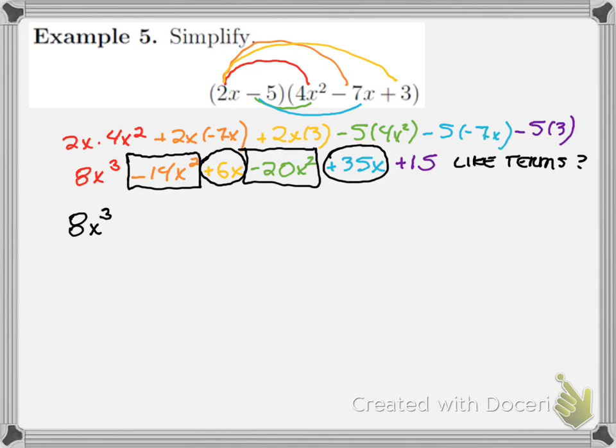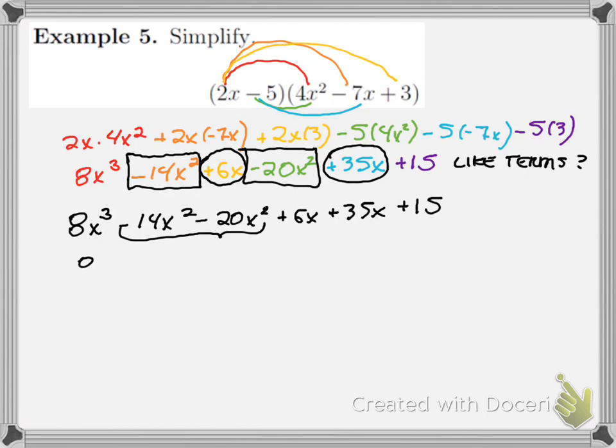So let's see if we can finish this up. We have a negative 14x squared and a negative 20x squared. I'll do this extra step. Again, you totally don't have to. It's really up to you. But if it helps you to first rewrite this, rearrange things before you combine like terms, then you can do that. It may very well prevent you from making needless sign errors. So, yeah. All right, minus 34x squared plus 41x